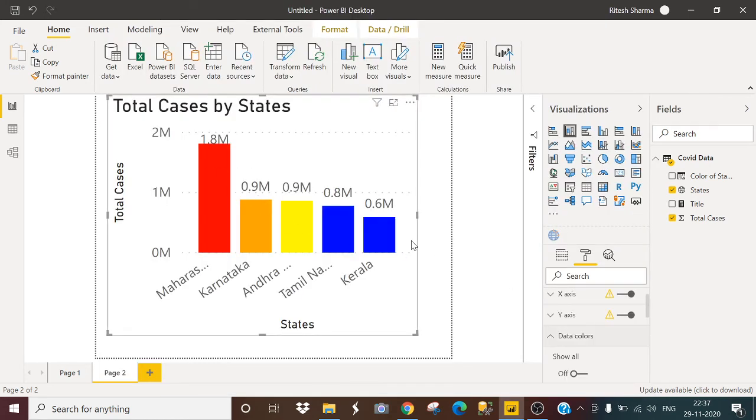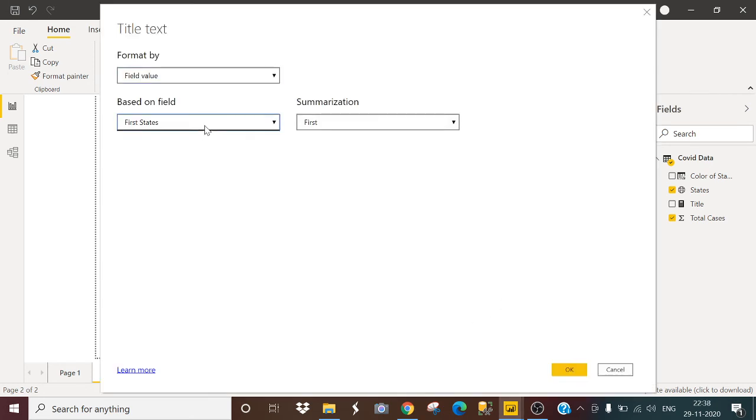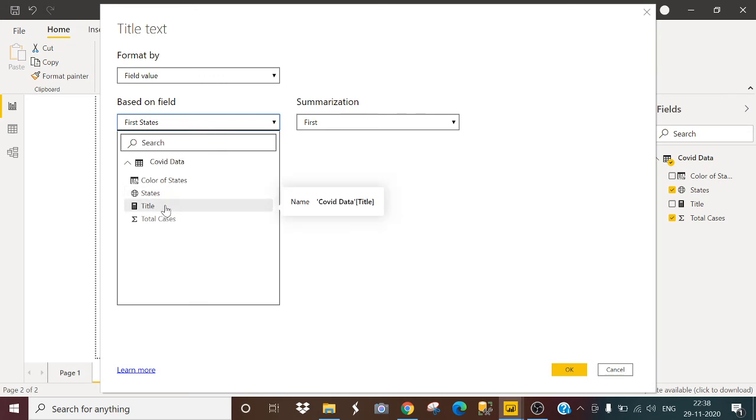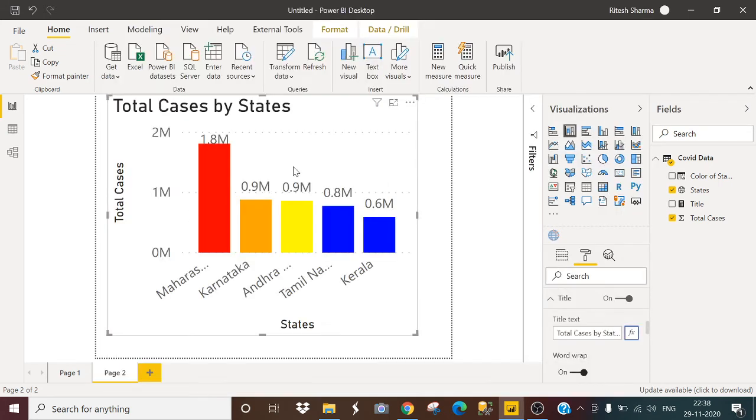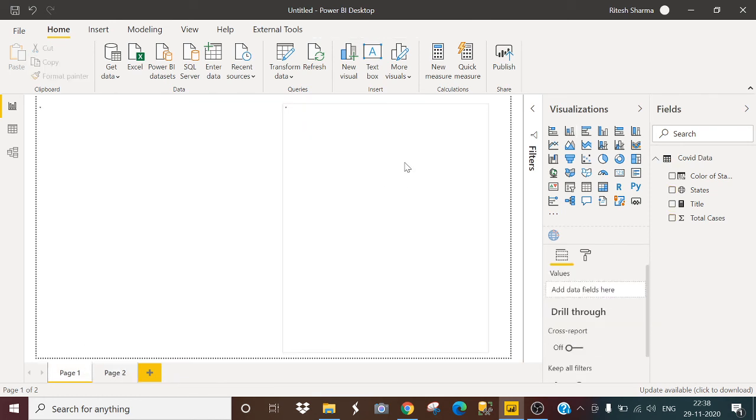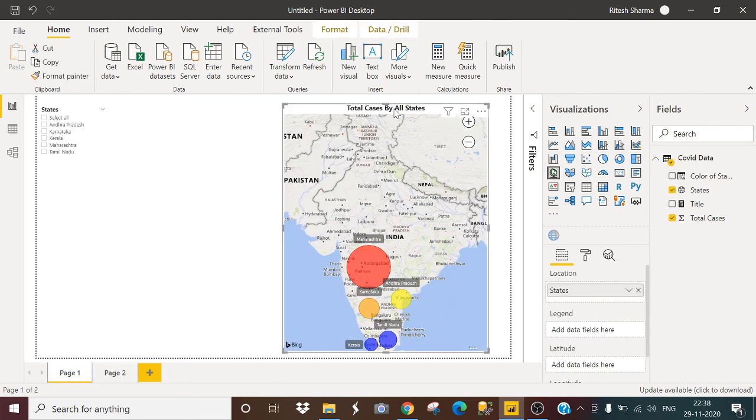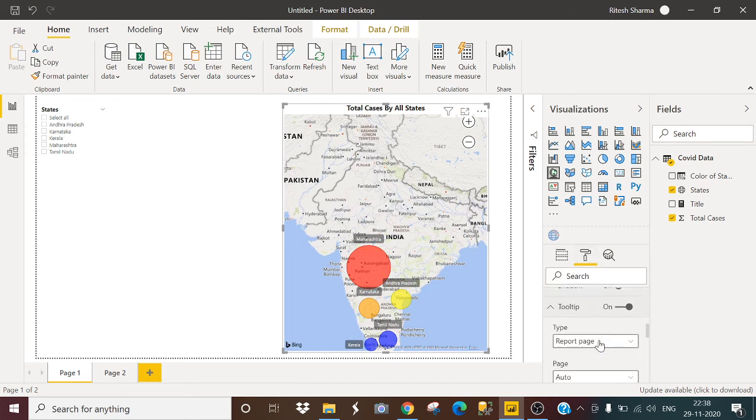As you see, it is dynamically changed. For the title also you can select the same one you selected in the map visual. Go to the conditional formatting option, the field value is already selected, go to this Title and click OK. So it is showing fine. Now how to show this in my map visual? Go to the format option again, go to Tooltip, and in report page select this page.